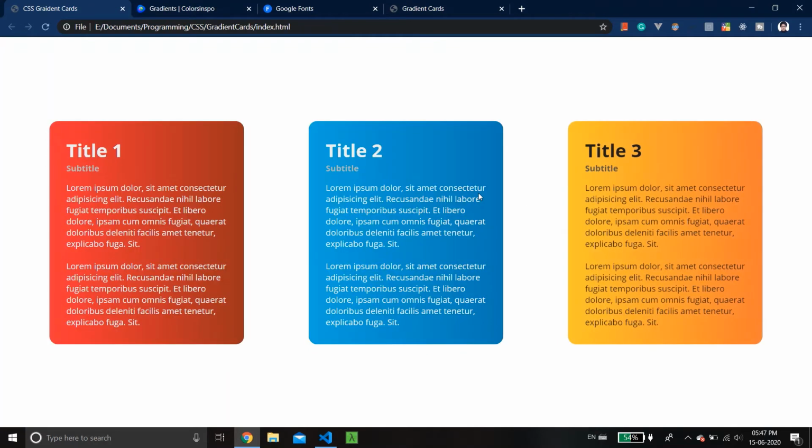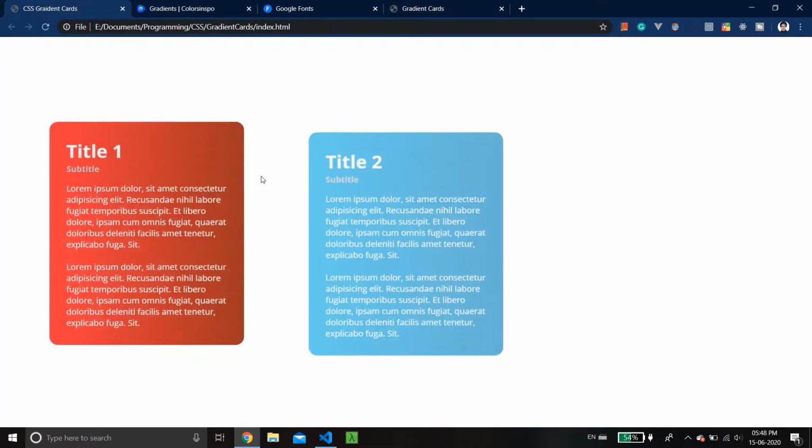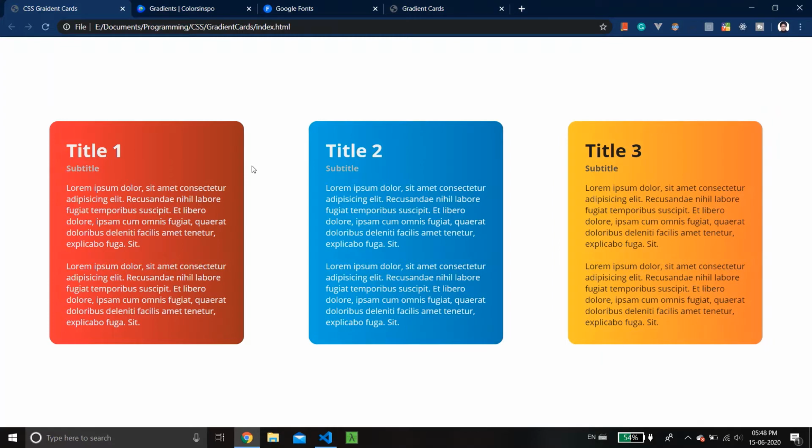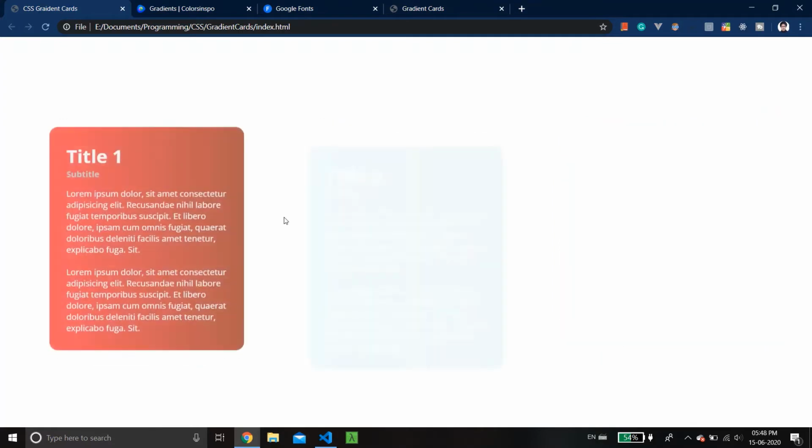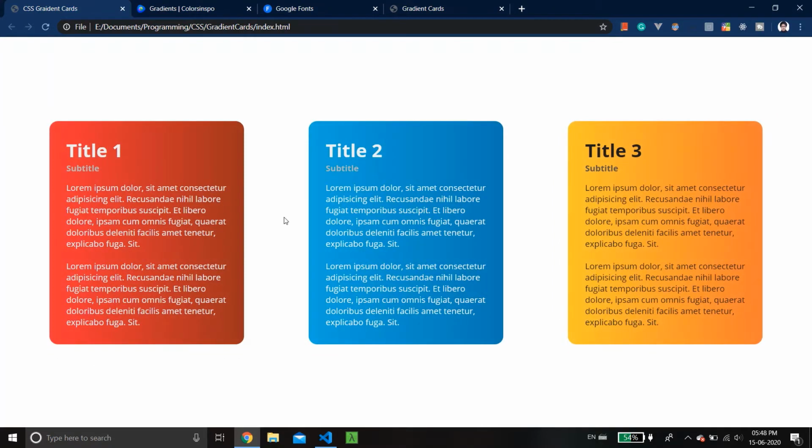Hey, so let's look at how to design CSS cards the right way. You can see I have these three cards. They have a structure and they have an animation too. You see cards everywhere, and you can design your own unique cards, but there is a general structure that goes into a card.